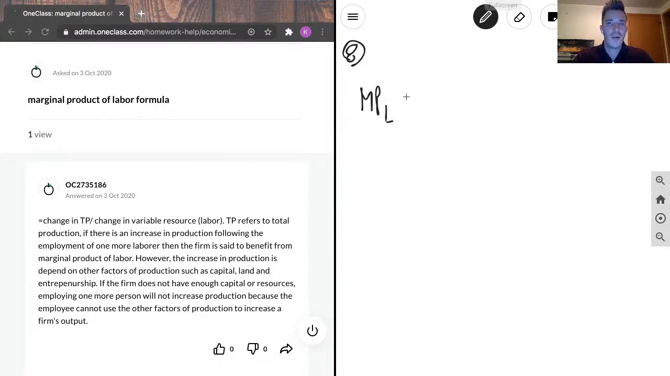Marginal product of labor is going to equal, they've got change in TP, I've written change in Y, total production, Y is for output. Regardless, we're talking GDP for a nation, an industry, whatever, divided by the change in labor. And I'm again going to write what I wrote earlier in case OneClass cuts these videos separately. So I'm going to say that the marginal product of labor